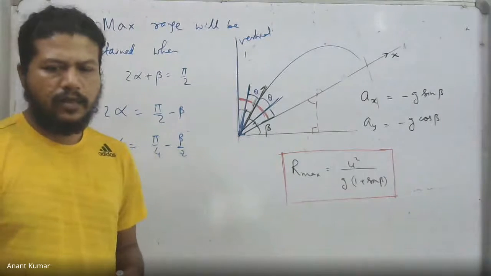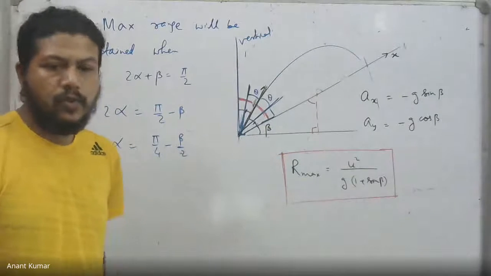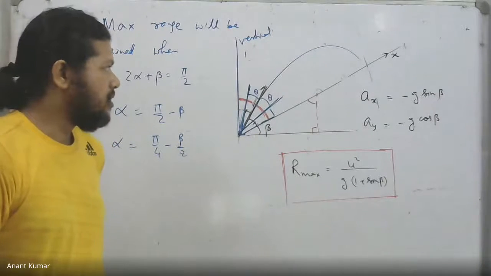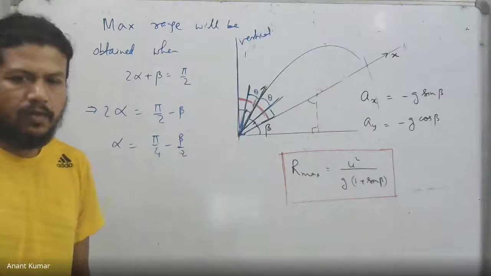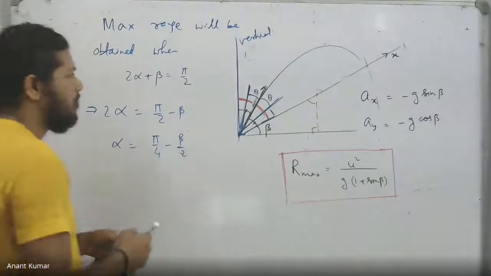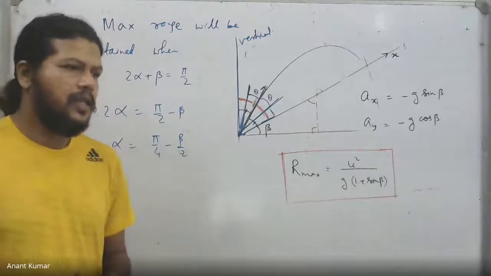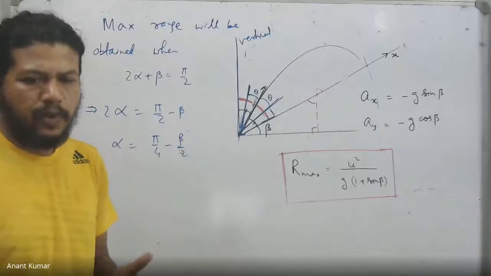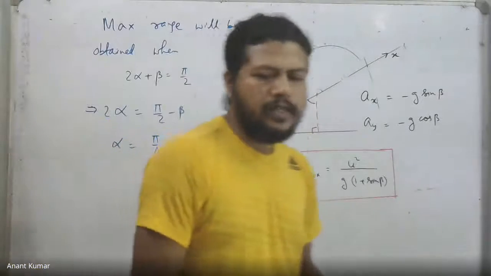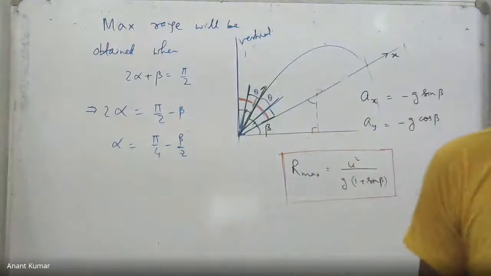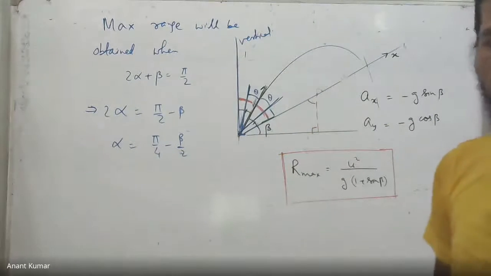Why does it not happen when thrown from a height? It does happen, by the way. The only thing is that you have to choose the range along the inclined plane. For example, if I'm throwing it from the top of a tower, I must consider the inclined plane. But the point here is there was no inclined plane to begin with. It was only happening when it strikes the ground. So in some way, I'm trying to look at a direction where the inclined range is as large as possible.